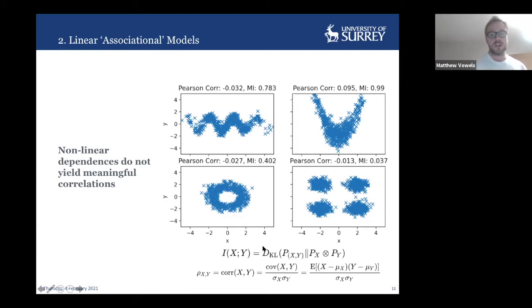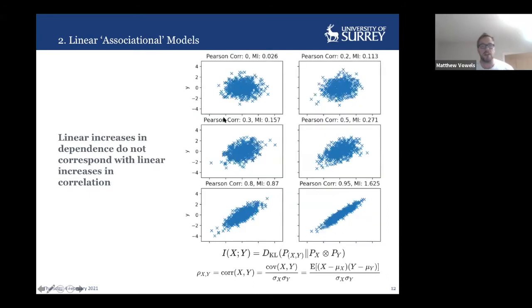So we do have some alternatives. One alternative is the mutual information metric, which is much more theoretically grounded and actually gives us a measure of statistical dependence, slightly more difficult to calculate. But actually for most of the sample sizes being used in empirical science, it's perfectly feasible. And so if you look at the mutual information for all of these, they're much more reasonable. This is still 0 in this quad modal distribution, 0.78 for the sine wave, 0.42 for the toroid, and then 0.99 for this quadratic.